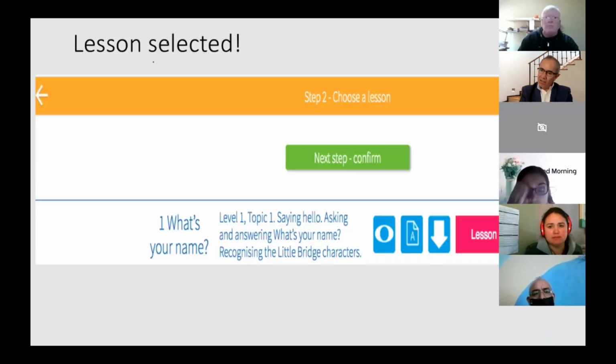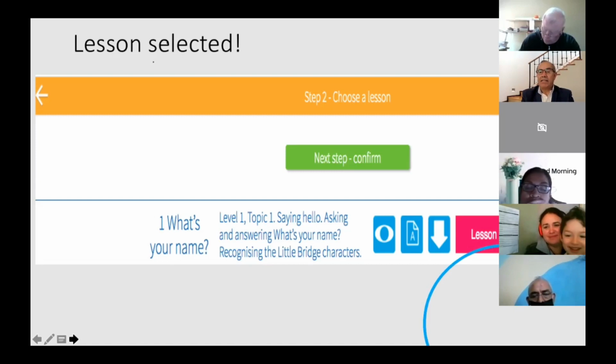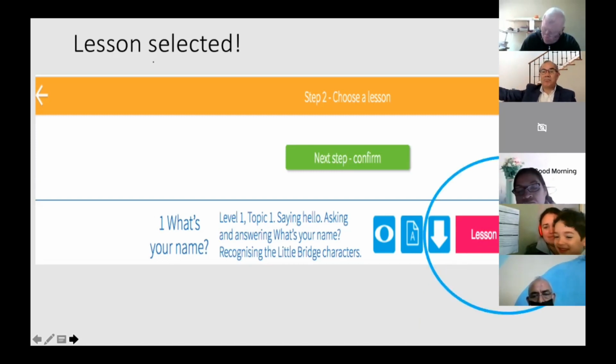You select the lesson, and then it changes, porque este cuadrito estaba en gris. But now you have taught the lesson, you have practiced with your students, and now you selected and it changes into like purple or pink or something. And here you are. Si le dan clic ahí, la lección ya se va para sus chicos. And there is no way that you put it back. So remember, it depends on you what lesson you are going to choose for your students.